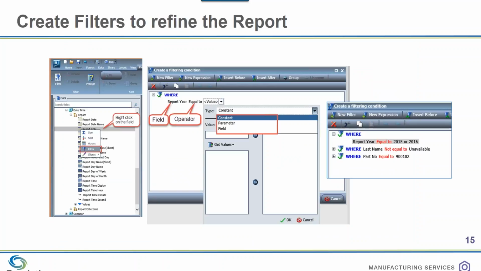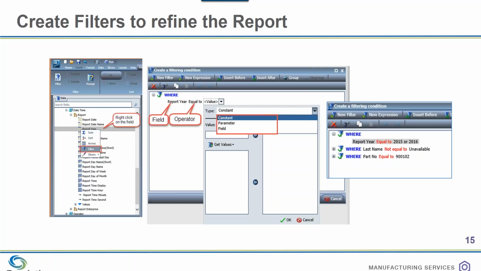Now that I've gotten all of the elements on the report that I want, maybe I want to narrow those things down a little bit and look at a subset of what I've pulled across. And the tool allows you to build those kinds of filters. And again, it's as simple as either right-clicking on the field or dragging the field into the little filters pane on the left-hand side.